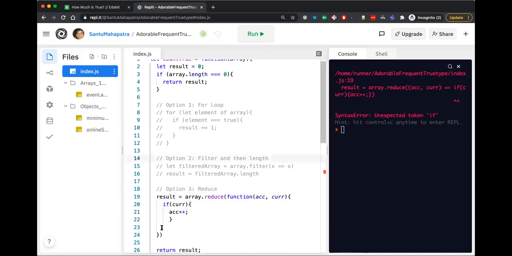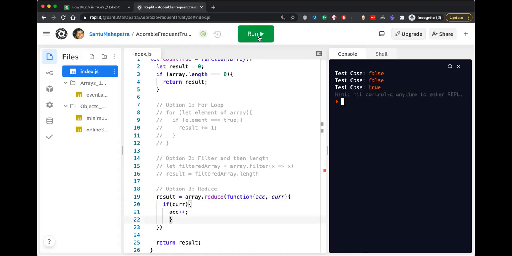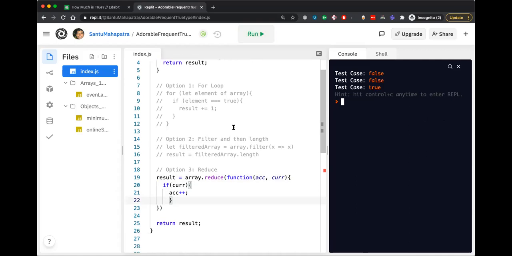If current is true, then do accumulator plus plus. Yeah, surprisingly, it's giving me false, false, true. Why is that? It's not working. So let's print out the results.